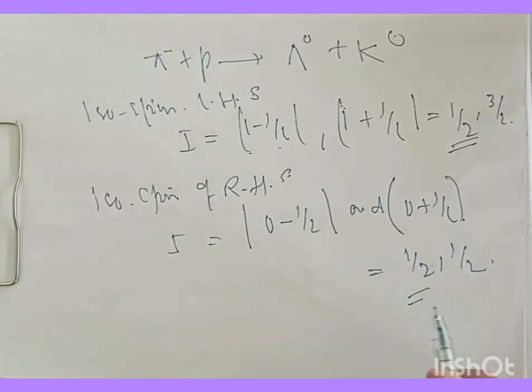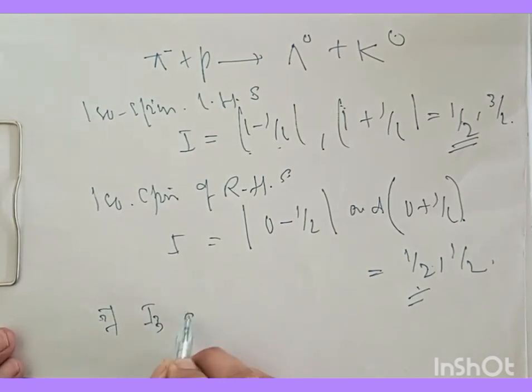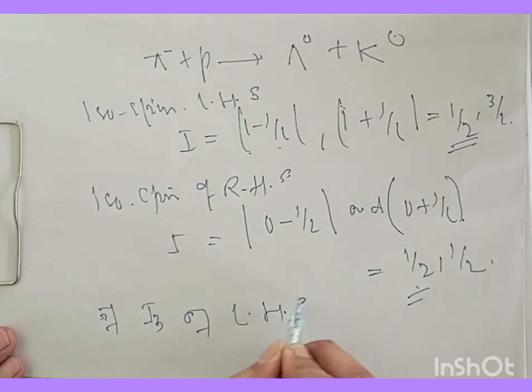Here I have 1 by 2. So the given reaction can occur. This reaction can occur through strong interactions. And also, if I take I3 of LHS,